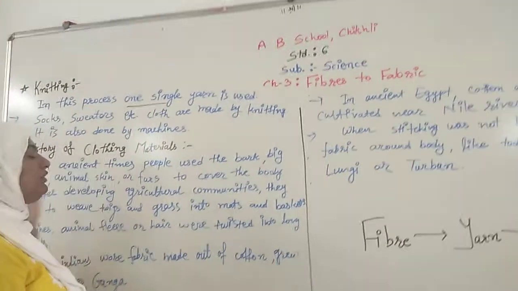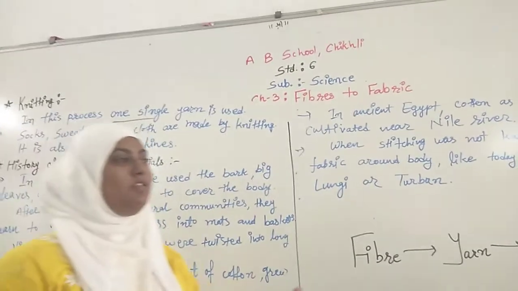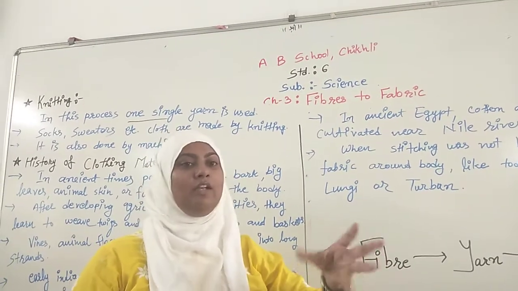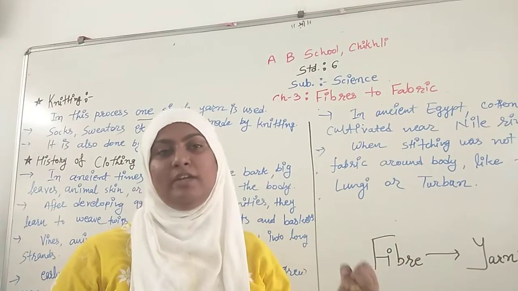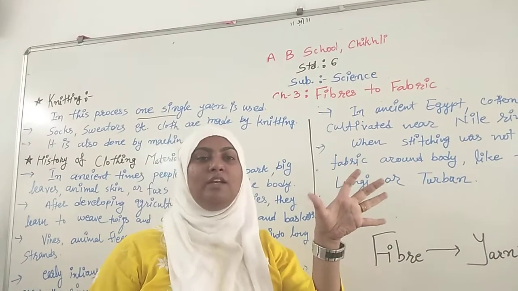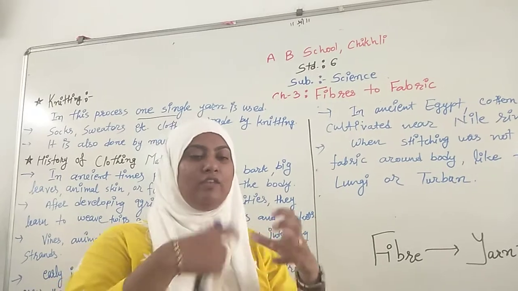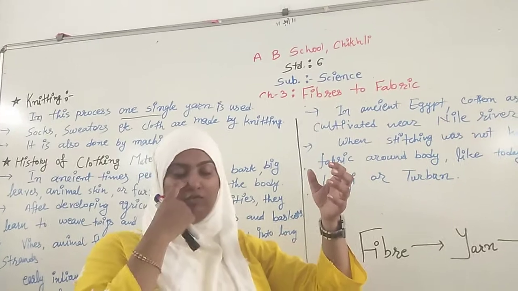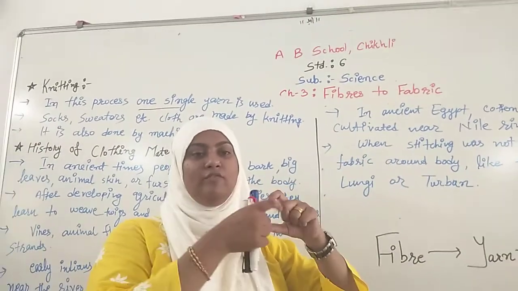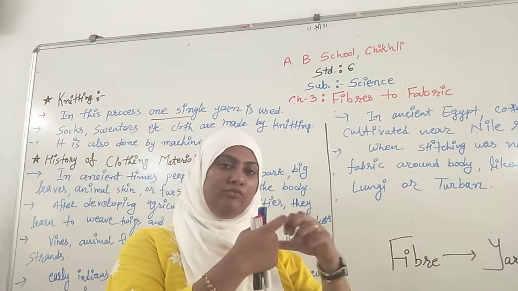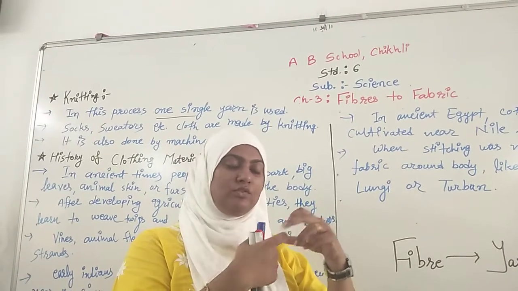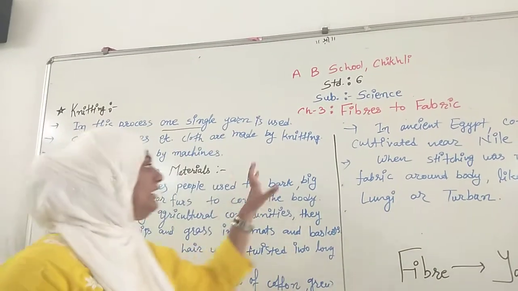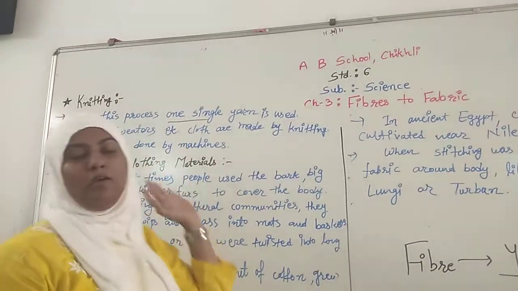And you have seen in many pictures or serials or in your home also how knitting can be done. One big needle is used for the knitting, in which one woolen yarn ball is used, and one yarn from that ball is used to make a sweater or socks. Okay, but this knitting is also done by the machines.